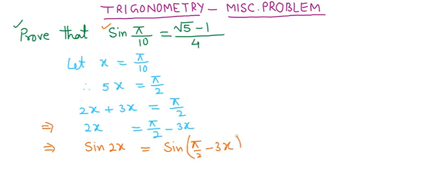Okay, this sine 2x may be written as it is. This sine of pi by 2 minus theta means this is cos 3x. Okay,